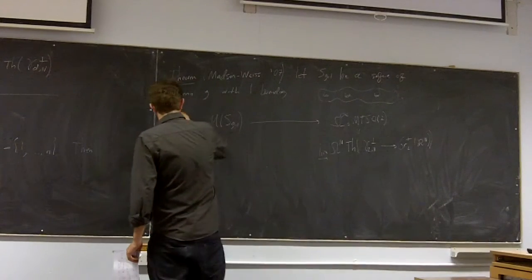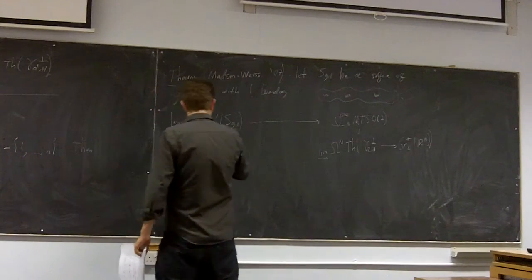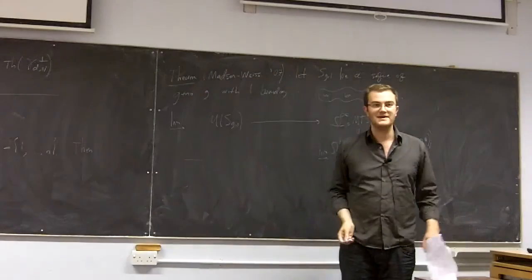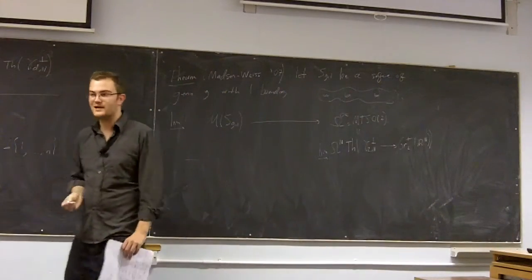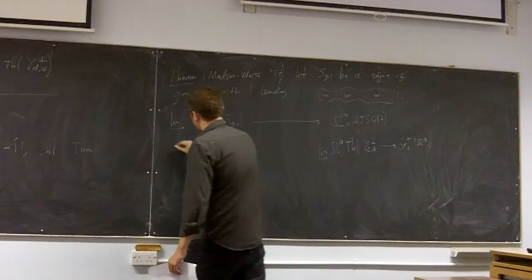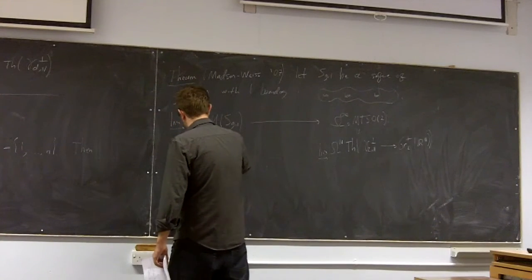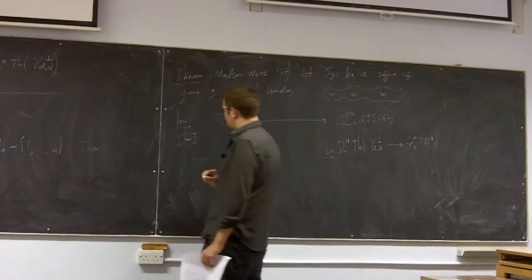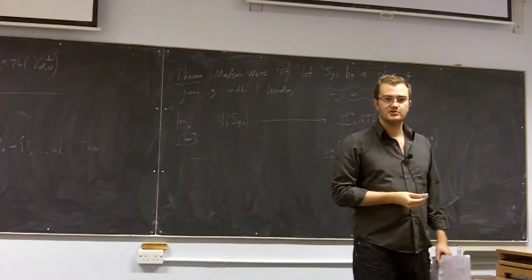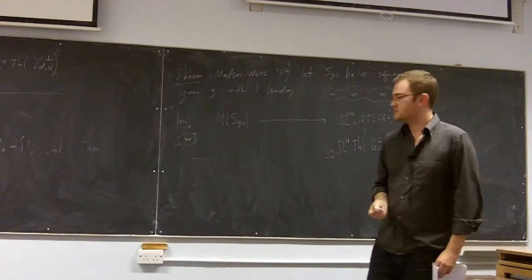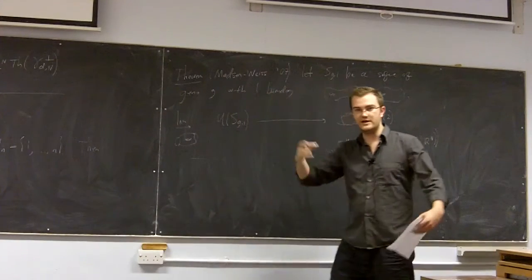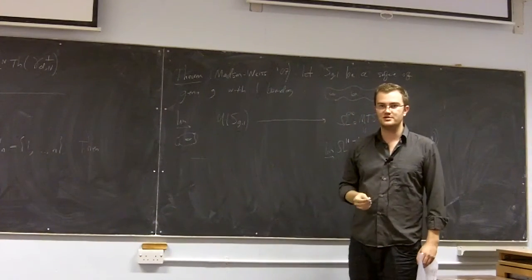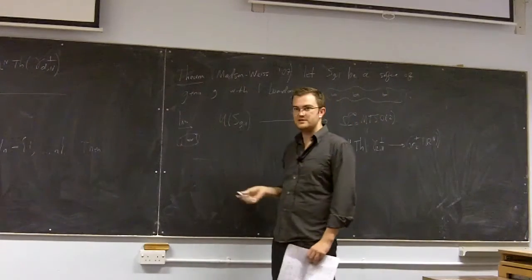Now one takes, exactly the same way, a limit here over making the surface bigger. Just like here we added points to a 0 manifold to make it a more complicated 0 manifold, here we glue on a genus 1 surface with 2 boundaries. So we glue it along this boundary to a genus G surface with 1 boundary, and you get a genus G plus 1 surface with 1 boundary. And that's how we form this direct limit here.